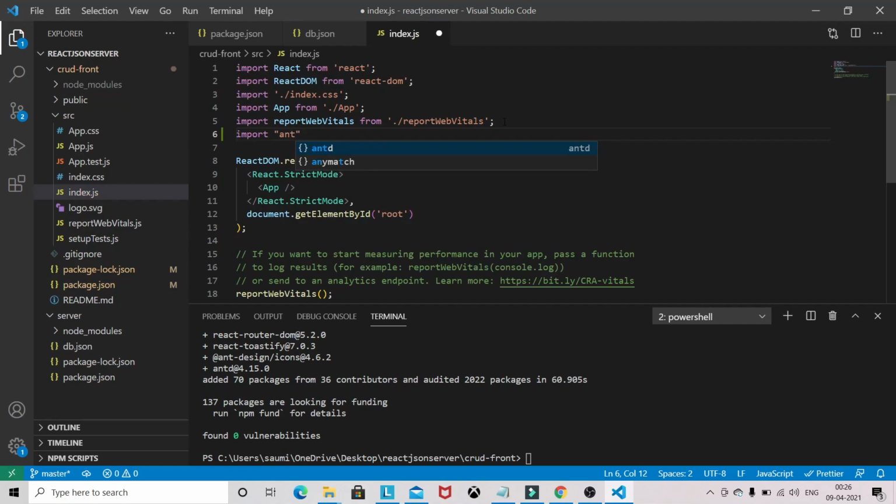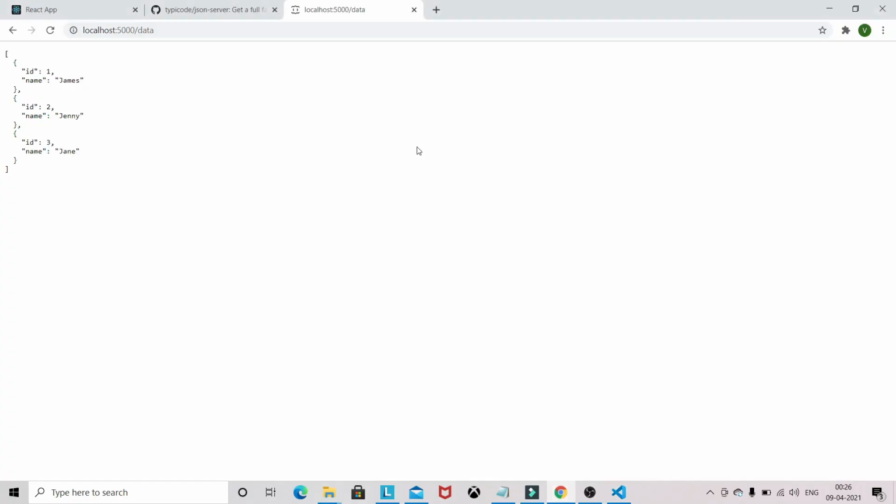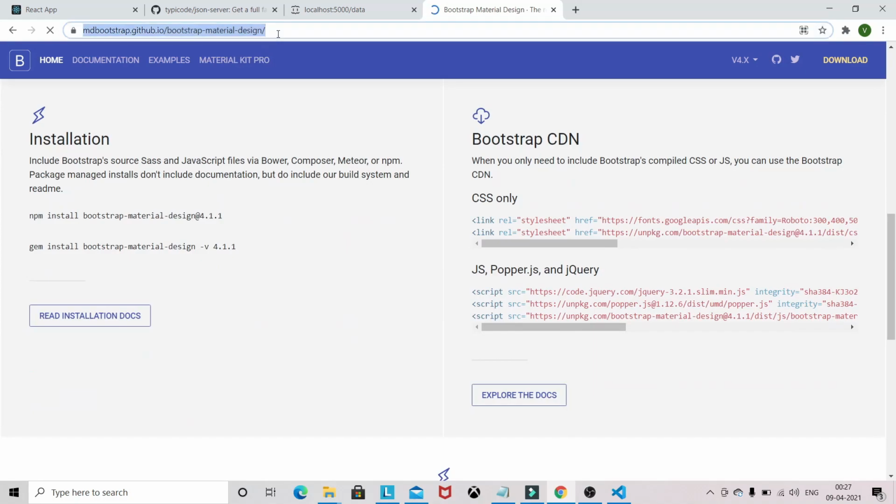Okay, because we will be working with the Ant Design components. CSS, and we need one more thing. We need Bootstrap here. You can go to this link and just copy the second one.